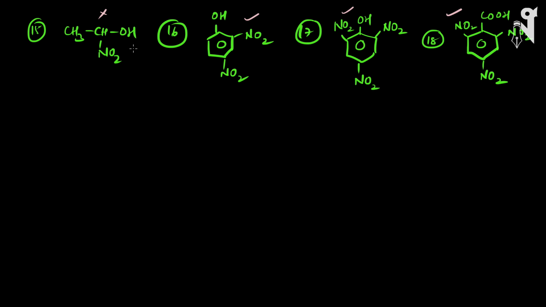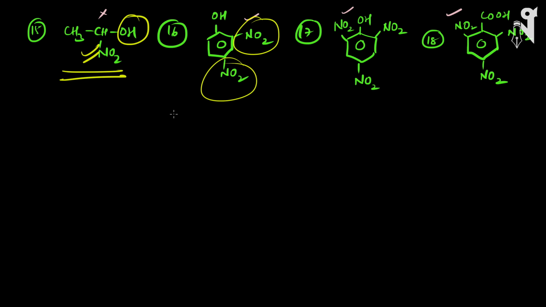Now come to this. As I said, even if the aliphatic acids have electron withdrawing group present, then also it doesn't make it as strong as carbonic acid. So hence this OH with NO2 in the normal straight chain is also not making it stronger, hence it will not give the test. But if the electron withdrawing group is present in the phenol, then it can make it a stronger acid. At least 2 electron withdrawing groups should be present. So here we have 2 NO2s present. It is a stronger acid and hence will give the reaction. 3 NO2s will also give the reaction with OH. COOH with 3 NO2s will make this carboxylic acid, or you can say benzoic acid, very, very strong acid. It will give the test. Even normal benzoic acid gives the test.